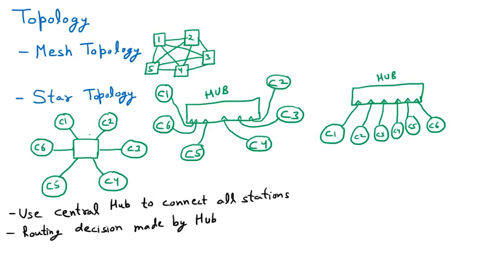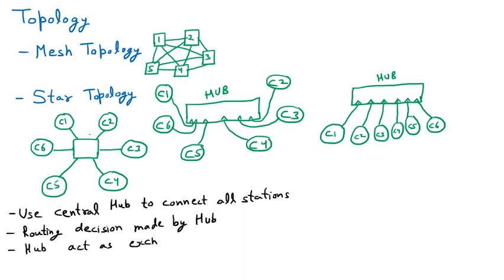In that case, from where the route will be decided, that will be taken care of by the hub. So we have the hub, and we have no worries. If somebody from outside wants to send data to some specific computer, no worries. The hub is going to take that decision. Or we can say that the hub is acting like an exchange. So the hub acts as an exchange.